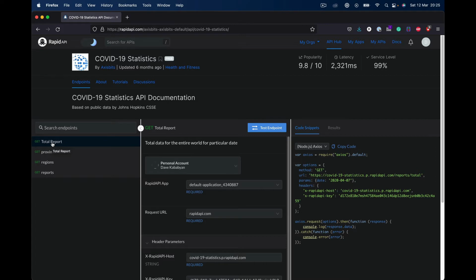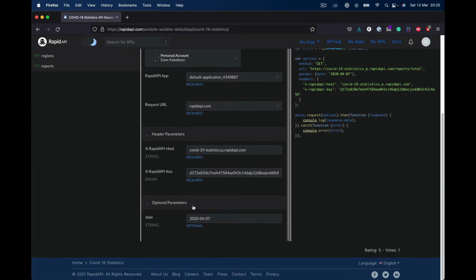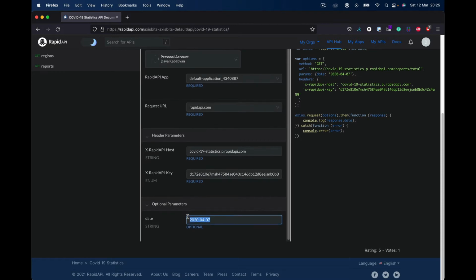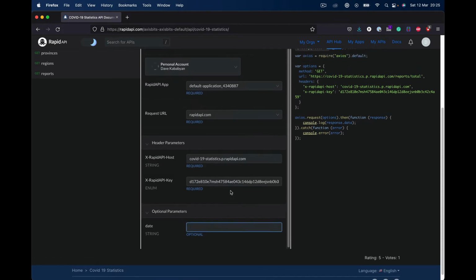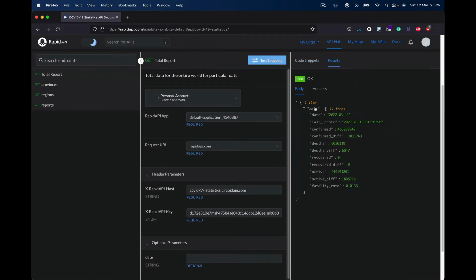We are interested in 3 out of 4 things. The first one is the total report. So if I click on that, there are some parameters here we can choose from. And the only optional parameter is the date. So you can choose the date of the data if you want, or by removing that, you will see the current date. So if I click test endpoint, it will show me a JSON sample of the data